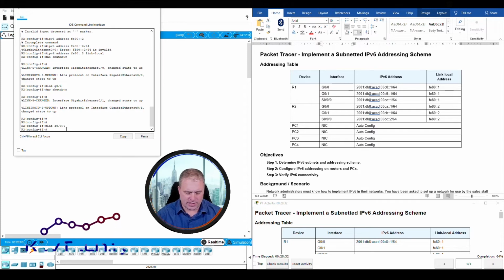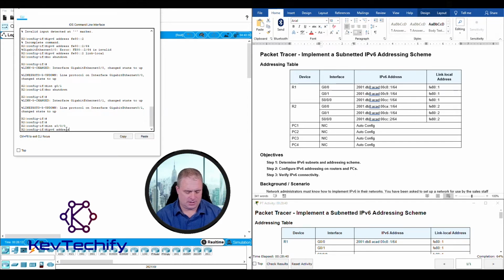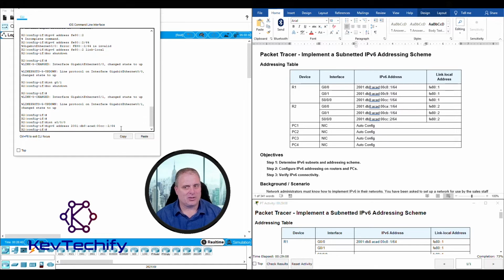s0/0/0. Now we can set our IPv6 global unicast address, ipv6 address 2001:db8:acad:, here is the address, our subnet ID of 00cc: and once again this had the second IP address in there. We're going to go ahead and put a 2 because we're setting the IP address. We put our prefix in there. No news is good news. Now, second to last thing is set the link local address,